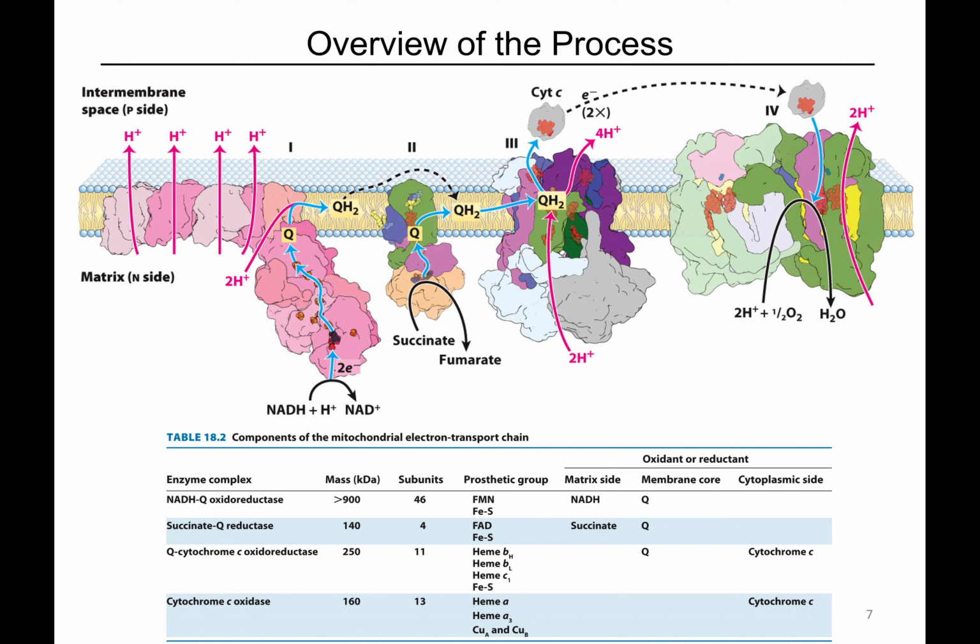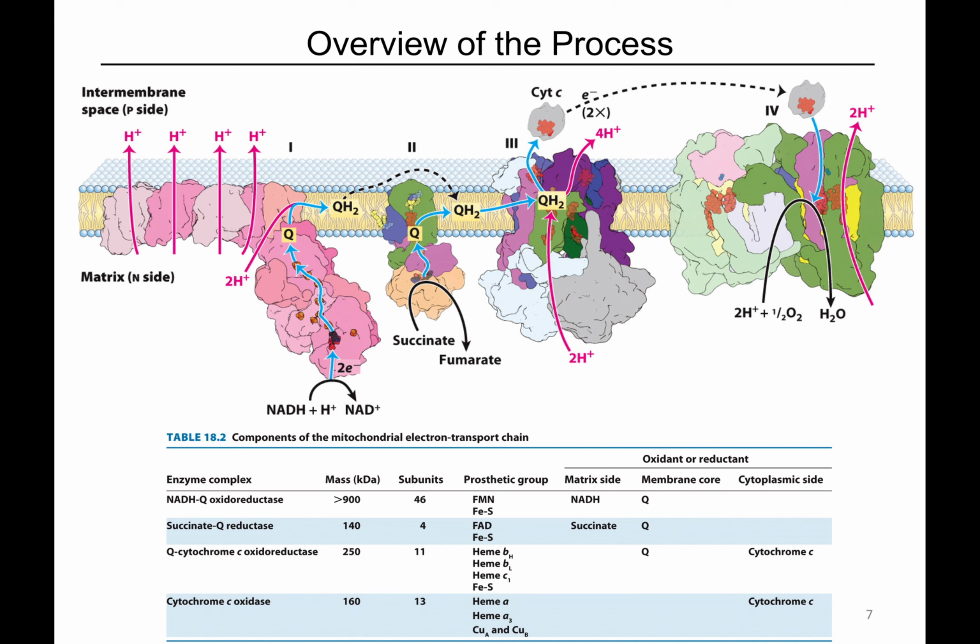Okay? So the electron transport chain can start at either complex 1 or complex 2, depending upon what is carrying the electrons. Any NADH that we produce in the glycolysis or the TCA cycle ultimately come in and feed electrons into complex 1. Anytime we are using succinate to reduce FAD, that's complex 2.